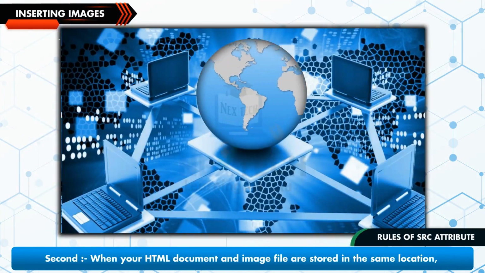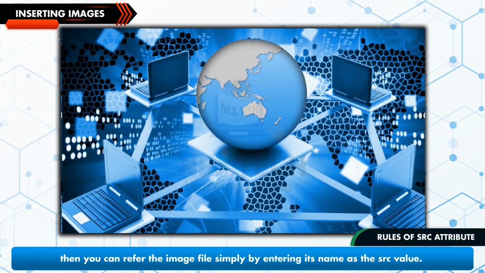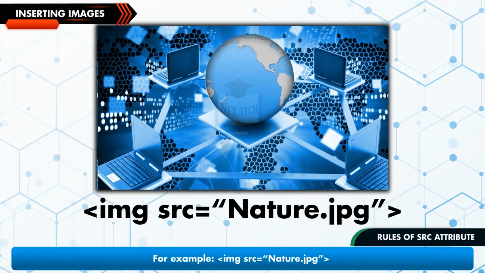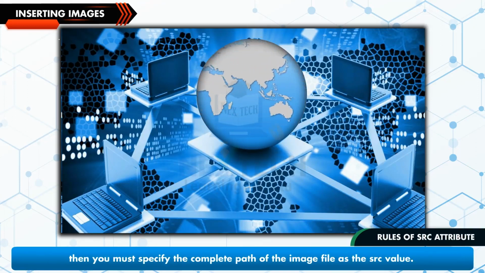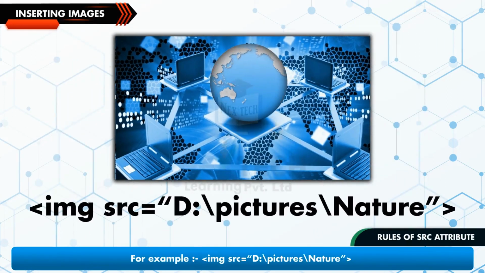Second, when your HTML document and image file are stored in the same location, then you can refer to the image file simply by entering its name as the src value. For example, img src equals nature.jpg. Third, in case the HTML document and the required image file are stored in different locations, then you must specify the complete path of the image file as the src value. For example, img src equals